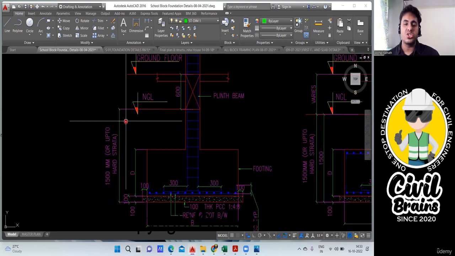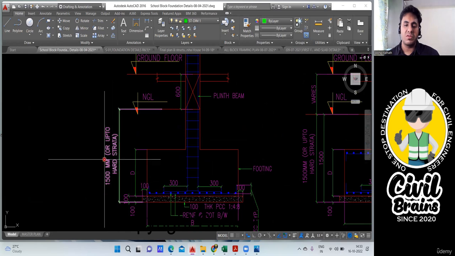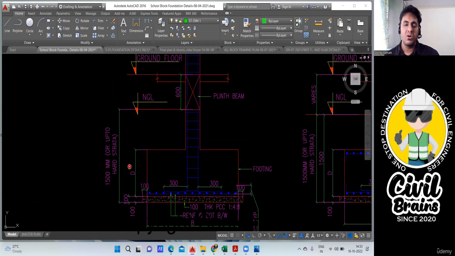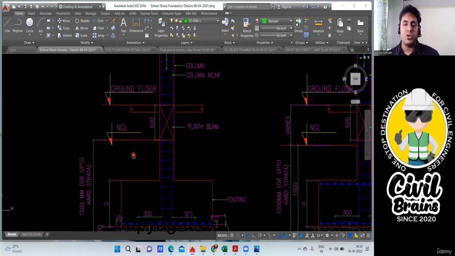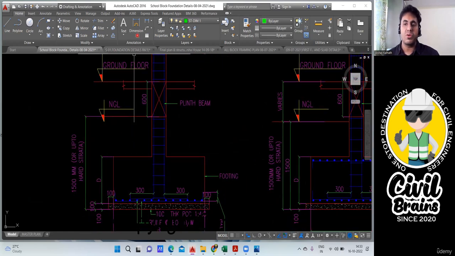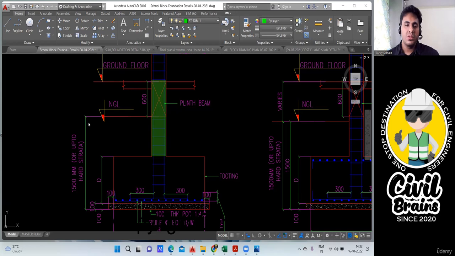Again, this is your natural ground level. From here you are supposed to do 1.5 meter of excavation, and this excavation is still to the PCC bottom, so directly you can take 1.5. Okay, and now when you try to find this neck column height, from here to here, this is your neck column height. So how are we supposed to do that? Again, we have understood that this 1.5 meter minus, this time you have to add the PCC depth also, because